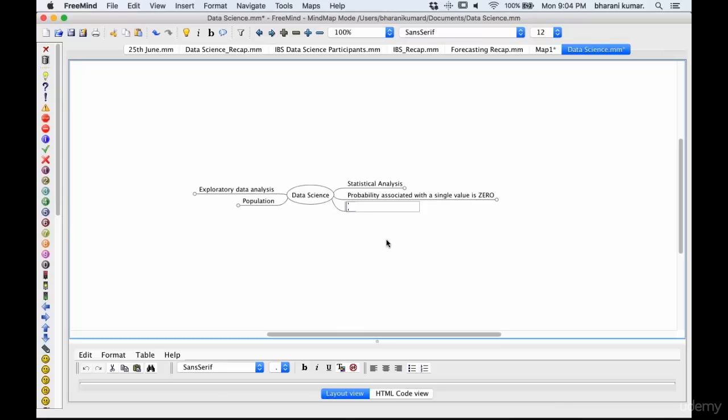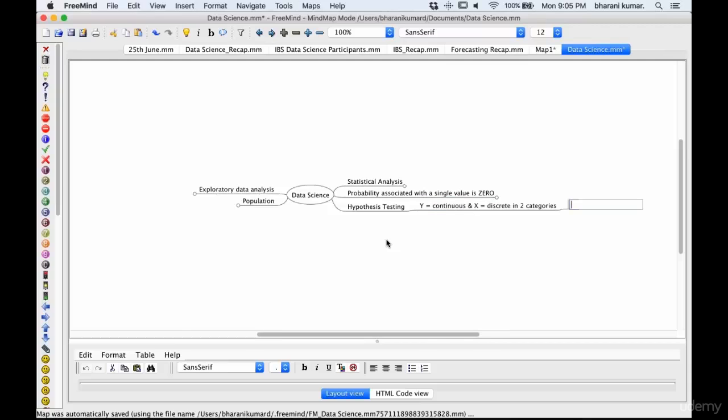And then we have discussed hypothesis testing. As part of hypothesis testing, we have discussed various hypotheses, and if y is continuous and x is discrete in two categories only, then we resort to two-sample t-test. But whenever y is continuous and x is discrete, the first test that you need to perform is normality test. And if data are normal,